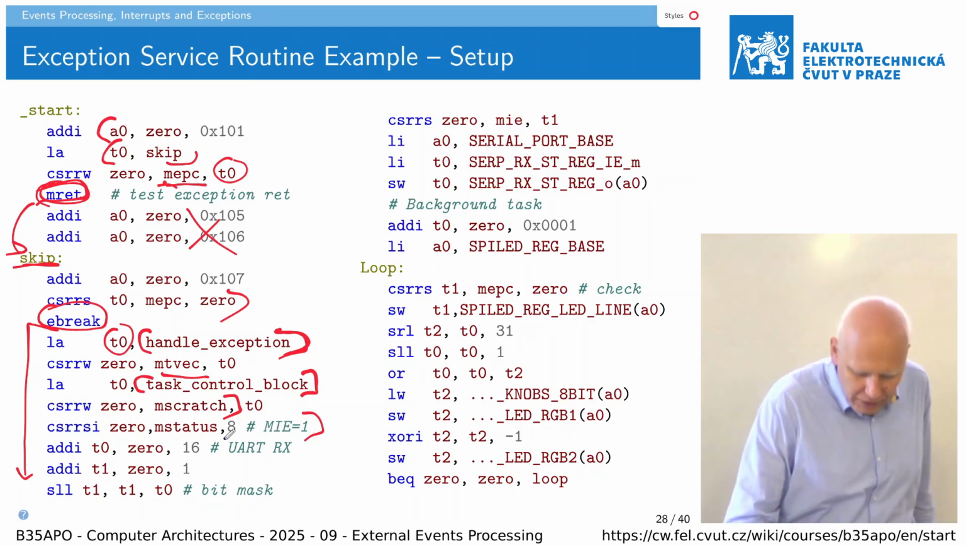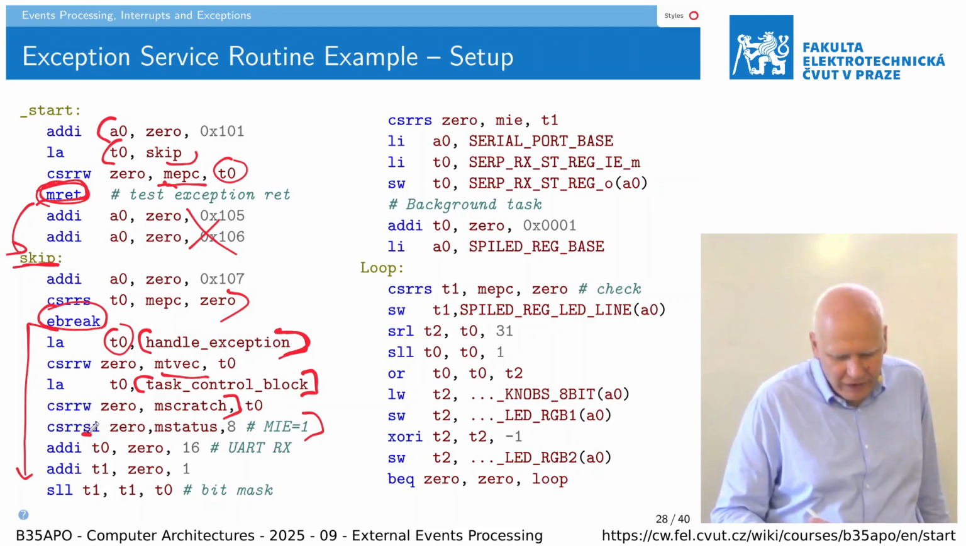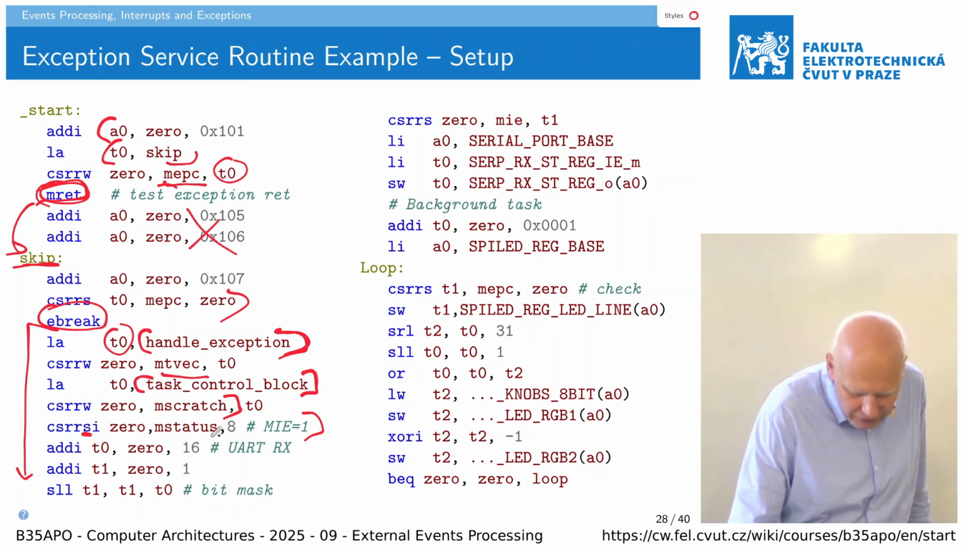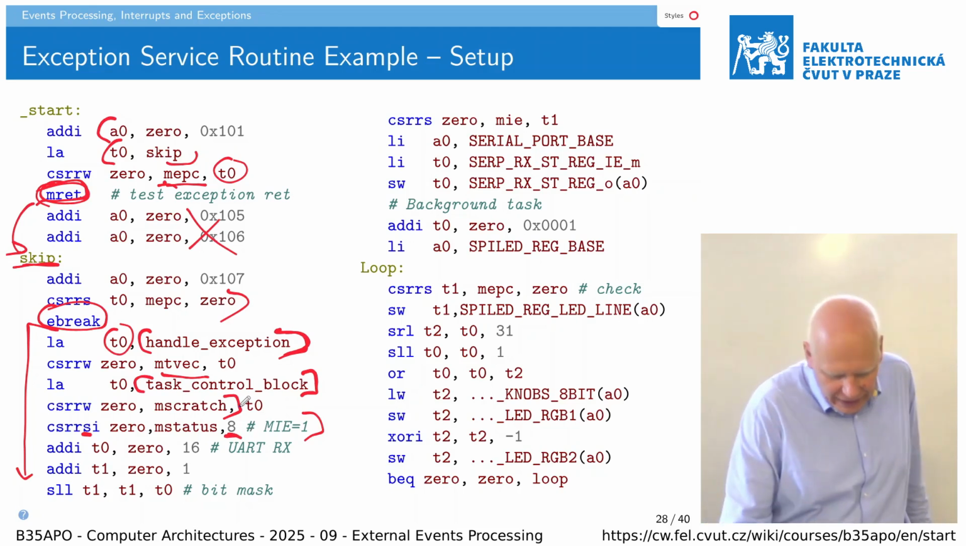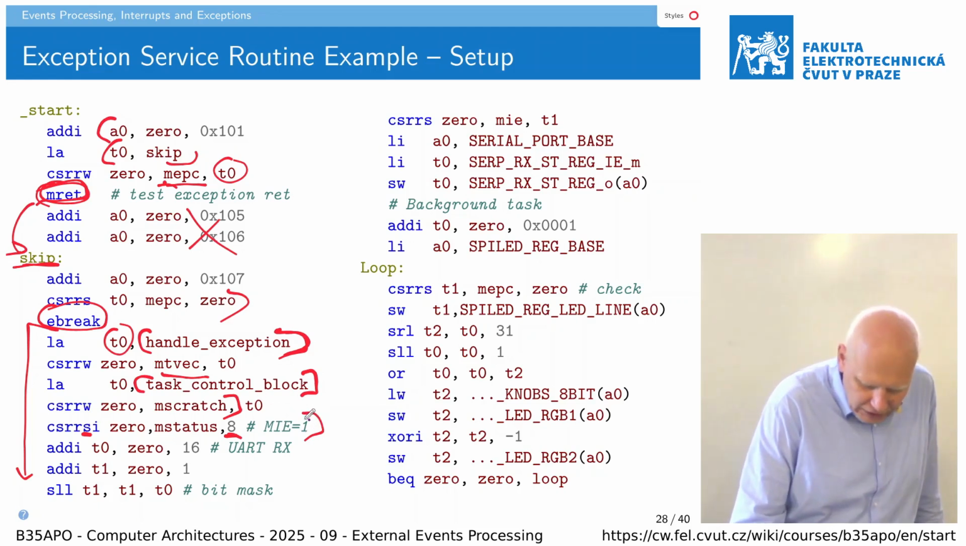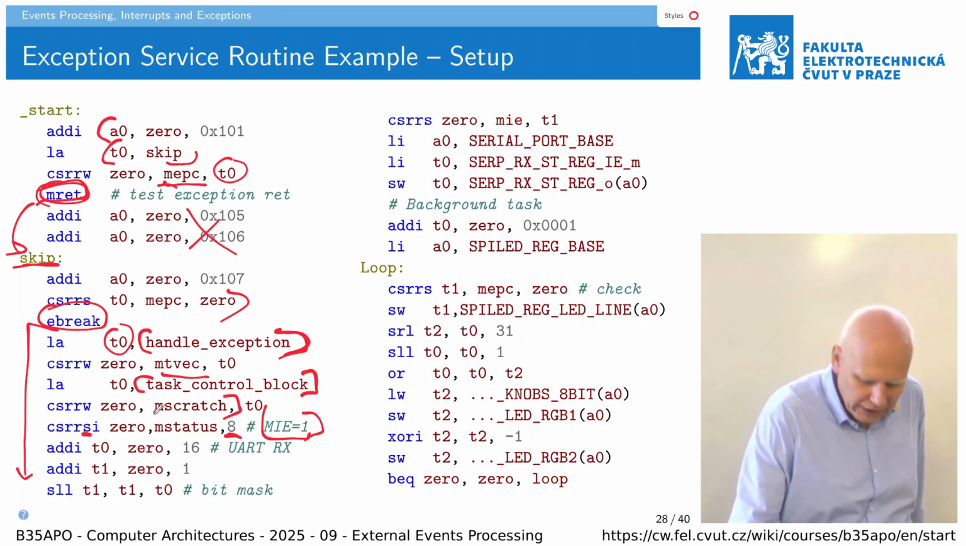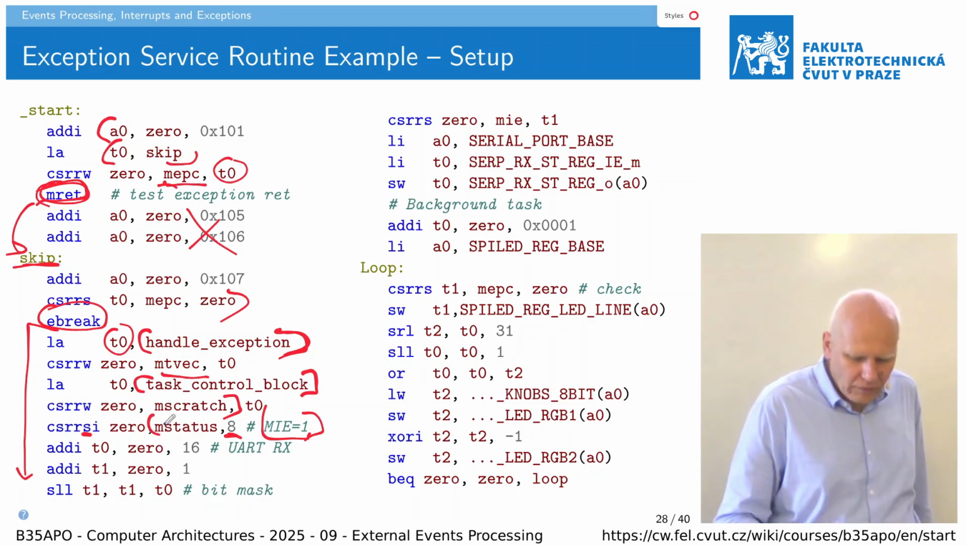Then we need to allow the interrupt enable. So we set this with a read-write instruction. In this case, we say we do not modify other bits. We only want to set the bit with the weight 8, which is in fact bit number 3, which is machine interrupt enable in the mstatus register. Then we know that